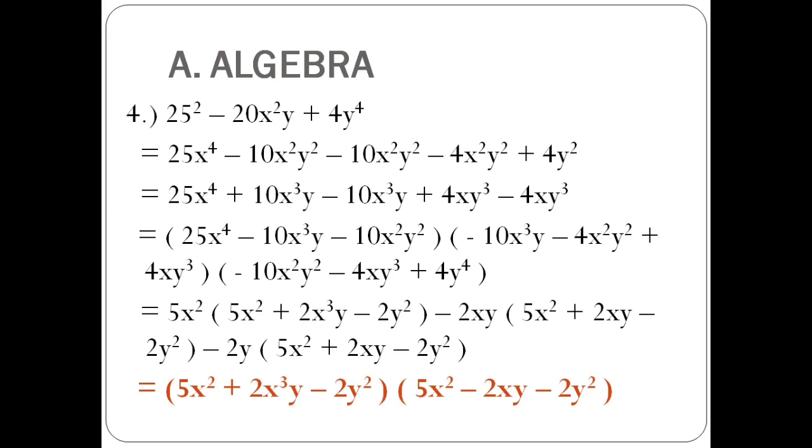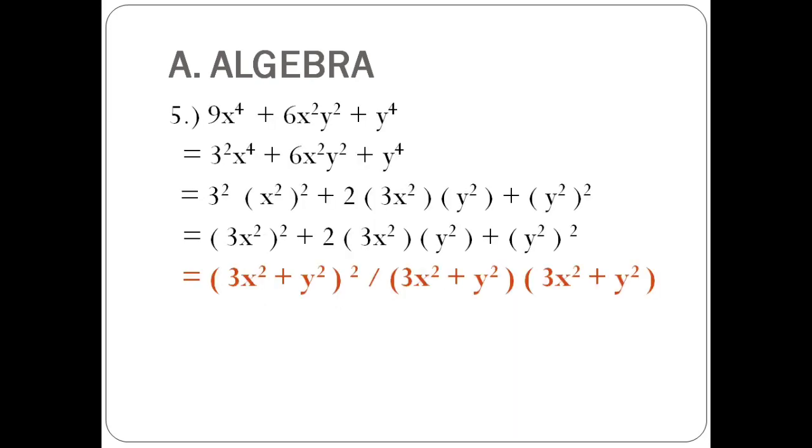So factor out the 5x squared plus 2x cubed y minus 2y squared from the expression. And the final answer is 5x squared plus 2x cubed y minus 2y squared and 5x squared minus 2x minus